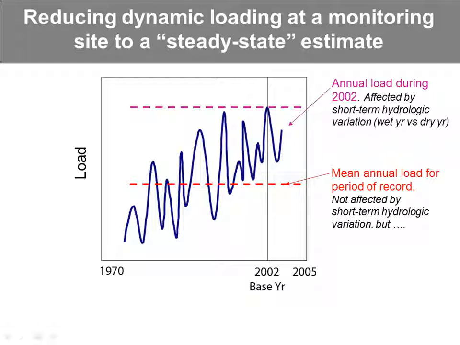Now, if we did that for this particular site, they probably had a lot of things changing in the watershed over that period, and we really don't want to use that long-term average load. What we really want is to detrend it for that site, because we're trying to simulate the conditions in 2002. We're trying to simulate the point sources, the management practices, all that in 2002. The quickest way to show that is a regression through it; we actually do it in a more sophisticated way statistically, but the basis is that we do a regression through that, and that's the point that we would use. So we have 1,000 sites, and for each of those sites we're doing this